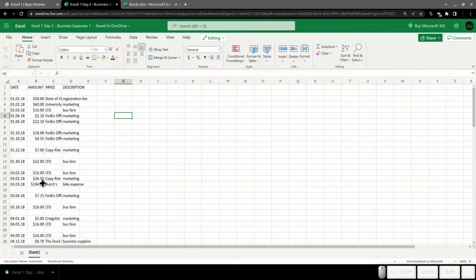Anybody struggling to get this open? We're good? Okay, cool. You certainly don't have to open it right now. I just wanted to provide it to you so you can follow along if you want to. But if you want to open it later and watch through the video as you do it, that's totally fine too. All right, now that we have this,